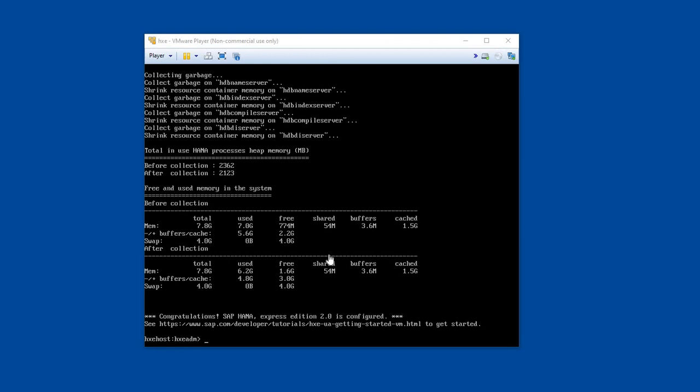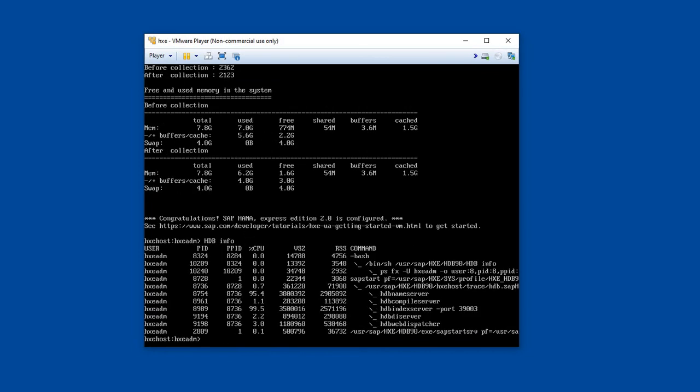So here our SAP HANA Express Edition instance is installed. The installation process is completed. We can check the installation. The HDB info command is used to look at the processes, the SAP HANA Express Edition components.